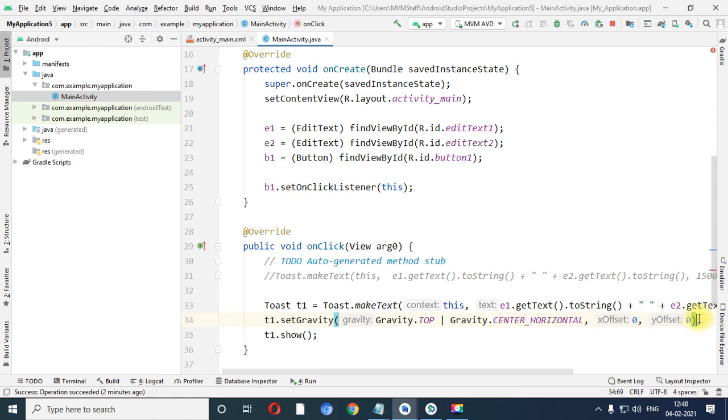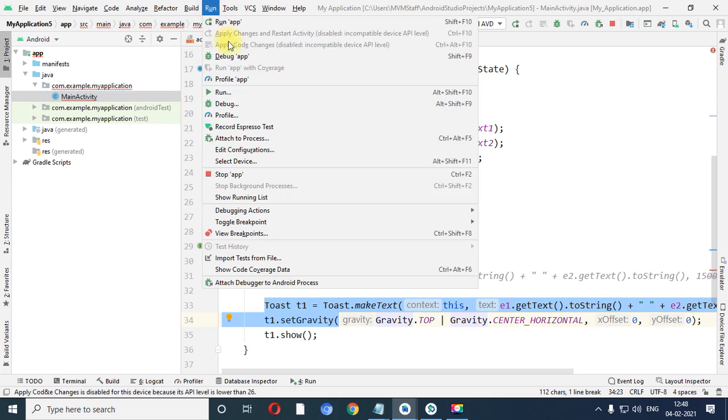I will show the practicals based on this, but right now let us run this particular code by t1 dot show. Again I am going to repeat that if you do not perform t1 dot show, at that time you will not get a message on the screen. So let us execute the program.